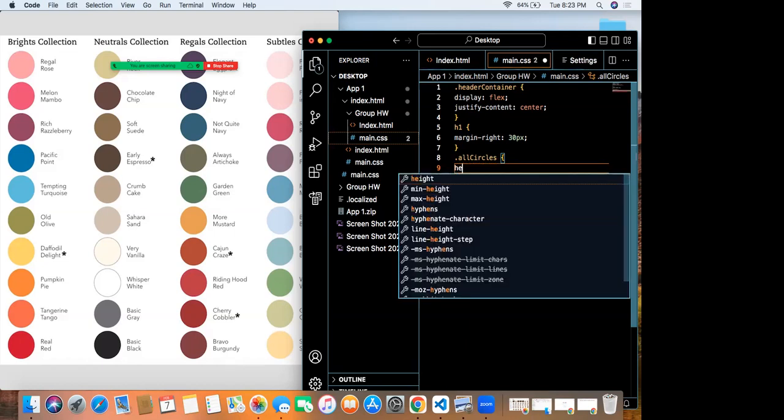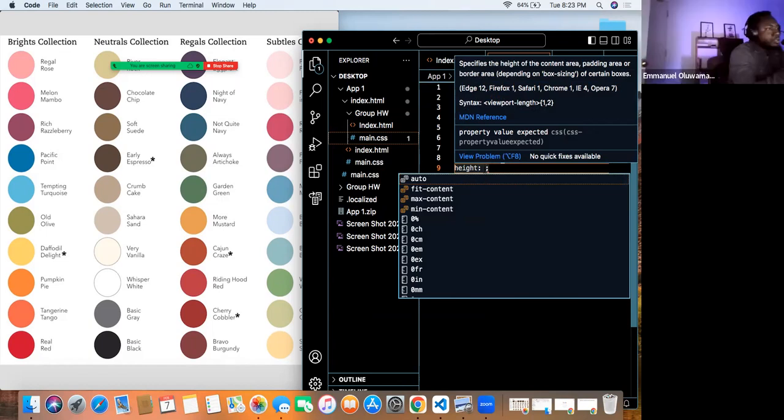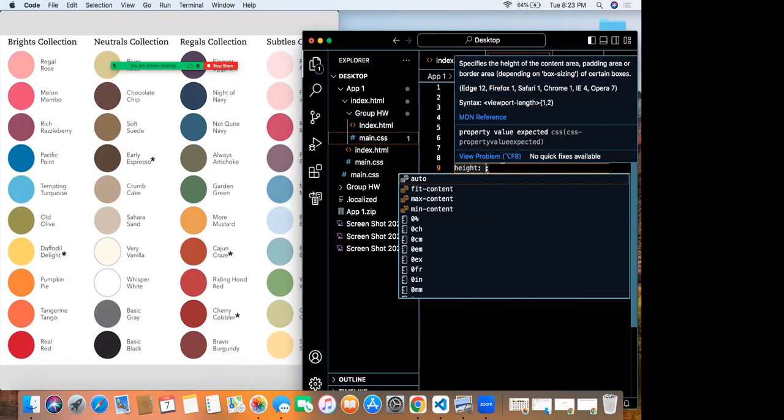Should we try 40 px? That'll be pretty small. I read 200 might work. That's what I saw online. We can always change it.